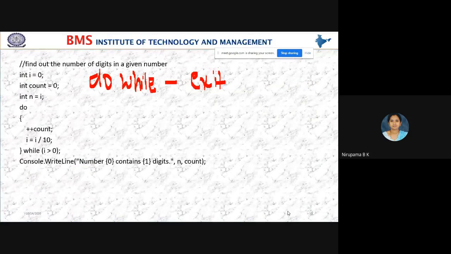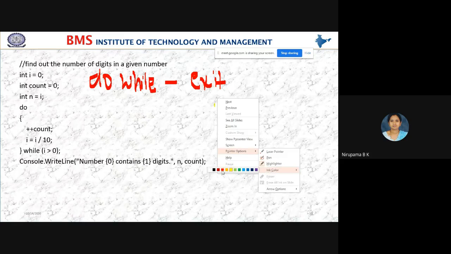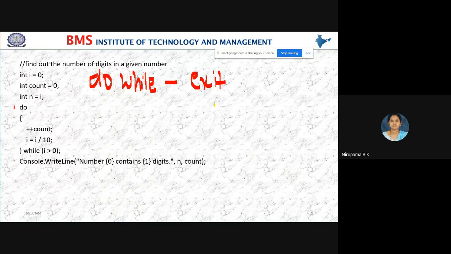Okay, this do while we call an exit control loop. Students, see here, this is the do while statement: do, body of the loop, and the condition. Here, though the condition is false, the body of the loop will be executed a minimum of once. Why? Because